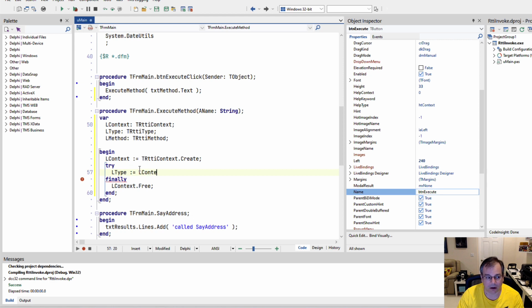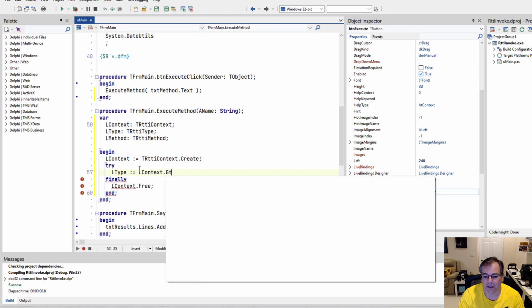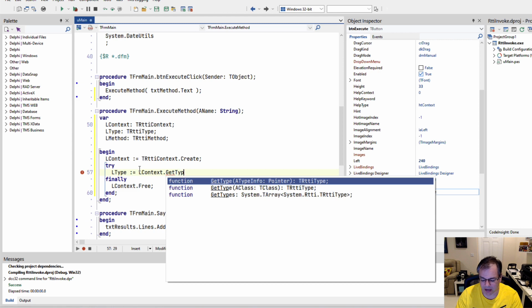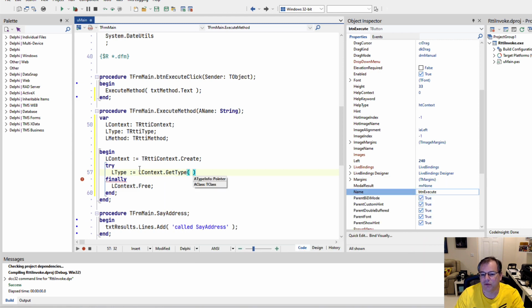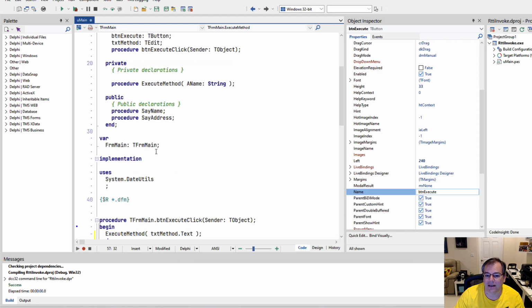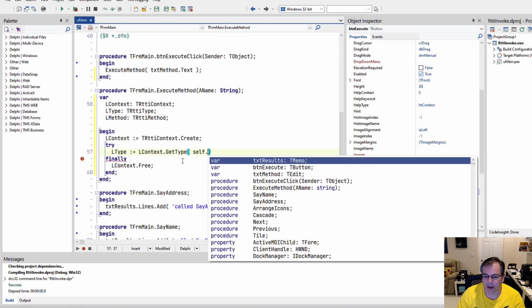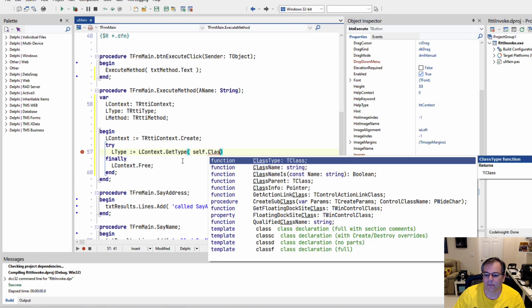Well, we say context.GetType, and this time we use the class parameter. And why? Well, it makes it easy. So we can say GetType. We want the form, this form, because this form has say name and say address that we want to call, or the method that we want to call. So we say GetType(Self.ClassType).